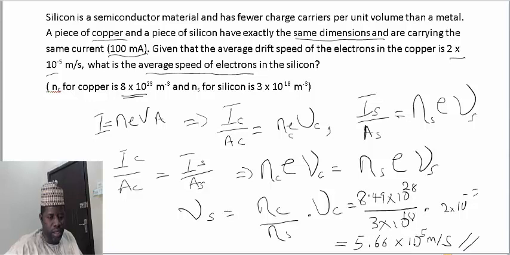In the metal, the power here is minus 5. Here it is 5, which is a difference of the order of 10 to the power 10. These are the questions we can attempt for us to know how to make use of this formula of the current. The implication of this low speed and the fact that our speech is